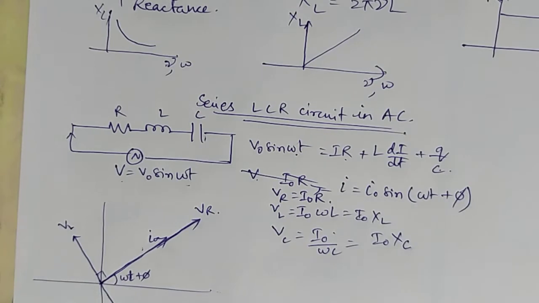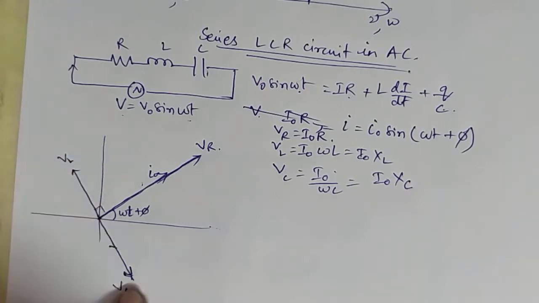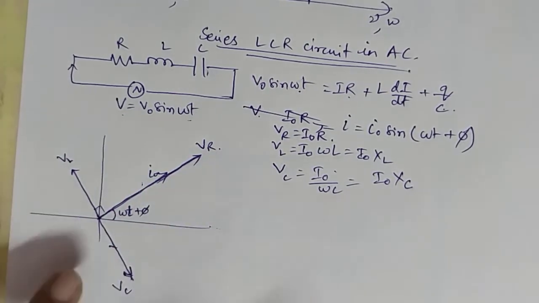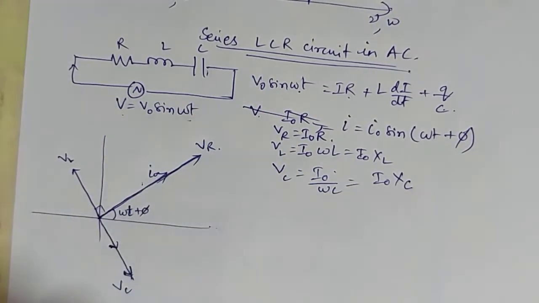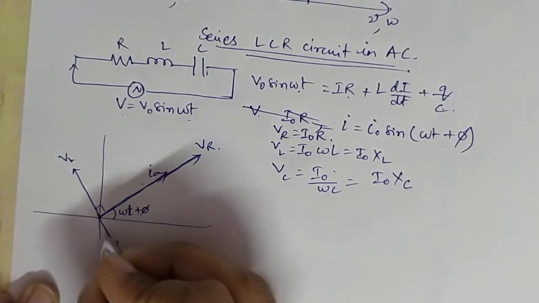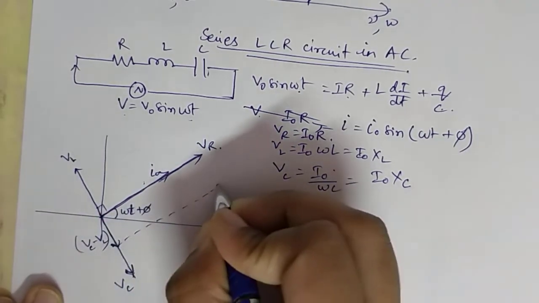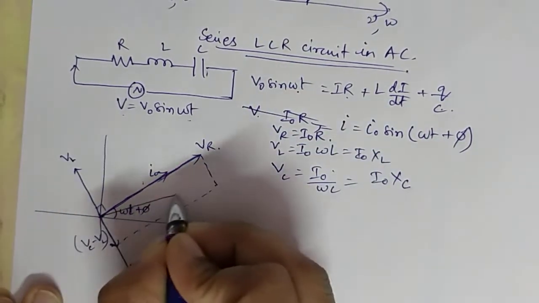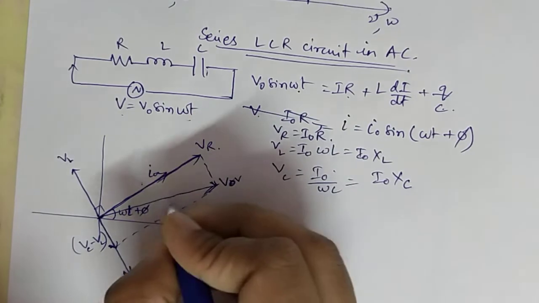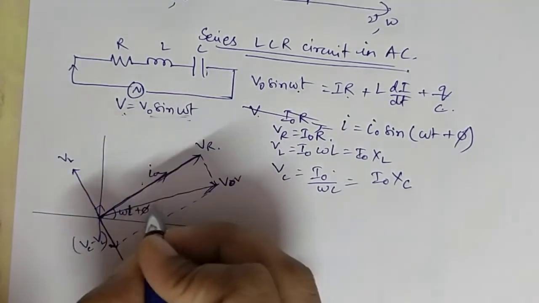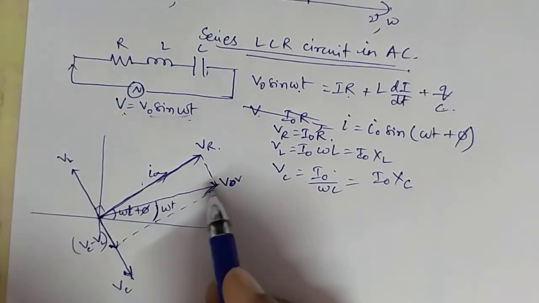Now you see these two are in opposite directions. We have to find the resultant of VL, VC and VR. These two vectors are in opposite directions, so we subtract and find the net of these two. Here VC is greater, though it is not necessary. So from here to here, this will be VC minus VL, and then the resultant of this with VR will become the final V, which is V naught sin omega t. So you will get V naught here. This angle is omega t. This is the final resultant of potential.